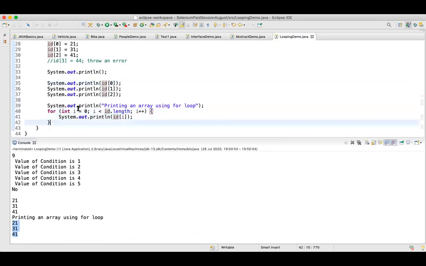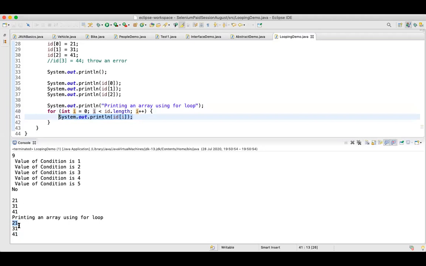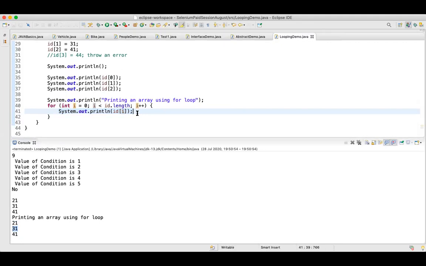In this, what will happen? First, the value of i is 0, so it will be ID of 0, and then it will print 21. Then again i will be incremented, and the value of i is 1, and then it will be ID of 1, and it will print 31, and in a similar fashion it will print all the values. Okay, guys. Now let's see, this is an array, right?